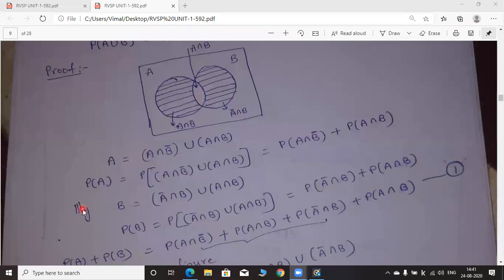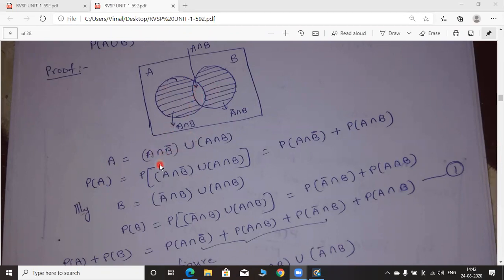That is what is written here. So how can we calculate probability for this event A? P of A is equal to, you have to apply probability on both sides, on both LHS and RHS. Here A means you have to consider the entire first circle. This entire first circle is divided into two portions. The first portion is this shaded portion. The second portion is the common portion.